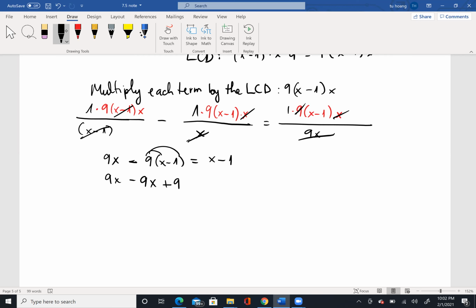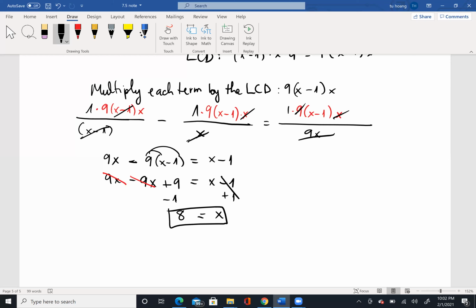So remember that I also have a negative here, equal to x minus 1. So now you see that we have a 9x and negative 9x here, that's going to cancel. And now you can just add both sides by 1 to cancel this number 1, and then you have x should be equal to 8